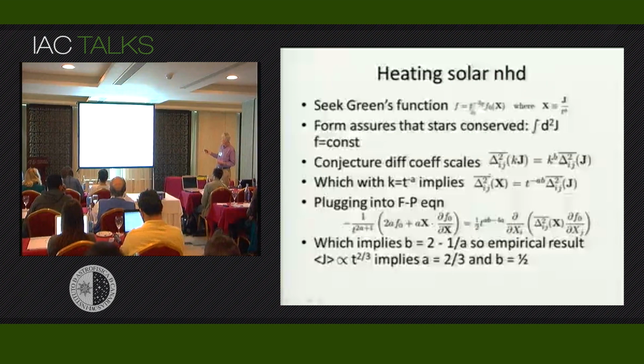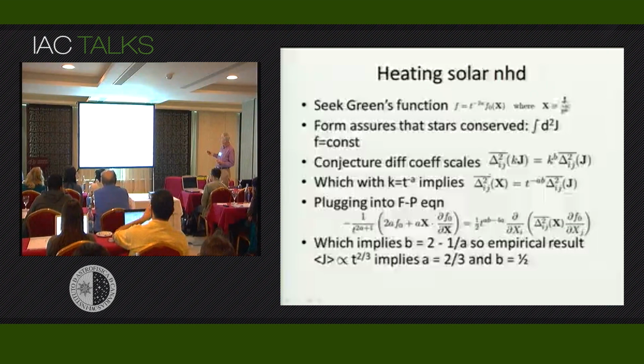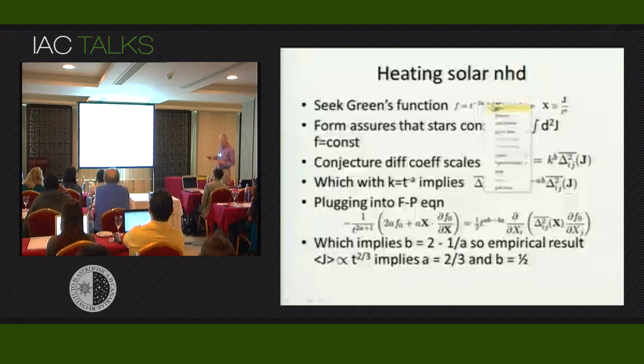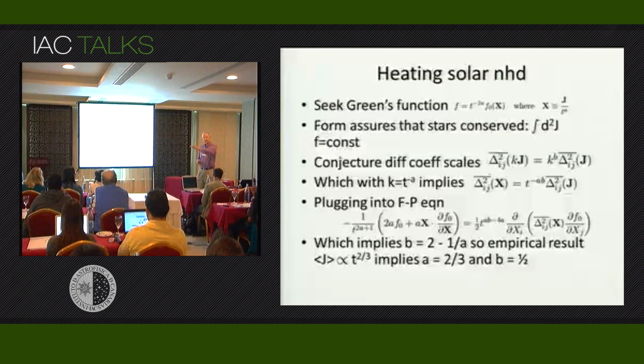We're going to say that we're looking for a solution where the distribution, the phase-space density of stars, goes like t to the minus 2a times some function of the action divided by the t to the a power. So this function, we're hoping, is something definite and fixed, like a Gaussian, and then as time goes on, the typical width of the J distribution, of the action distribution, is going to grow like the a-th power of time. In order to conserve the total number of stars, we have to multiply by t to the minus 2a in front here.